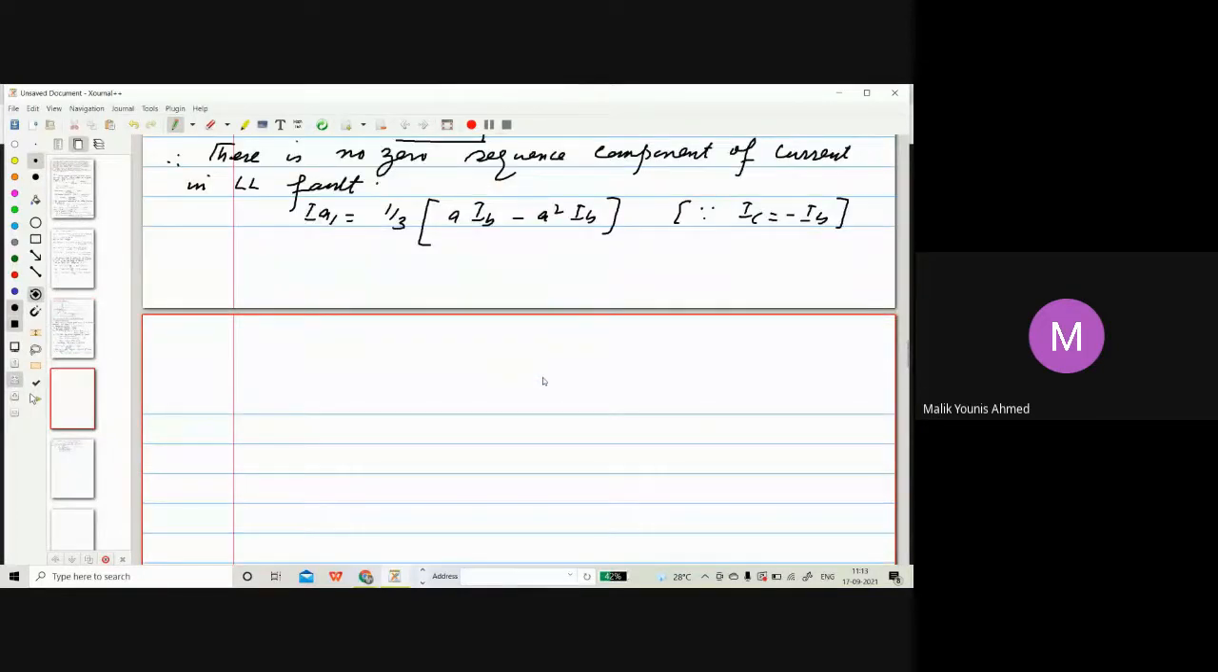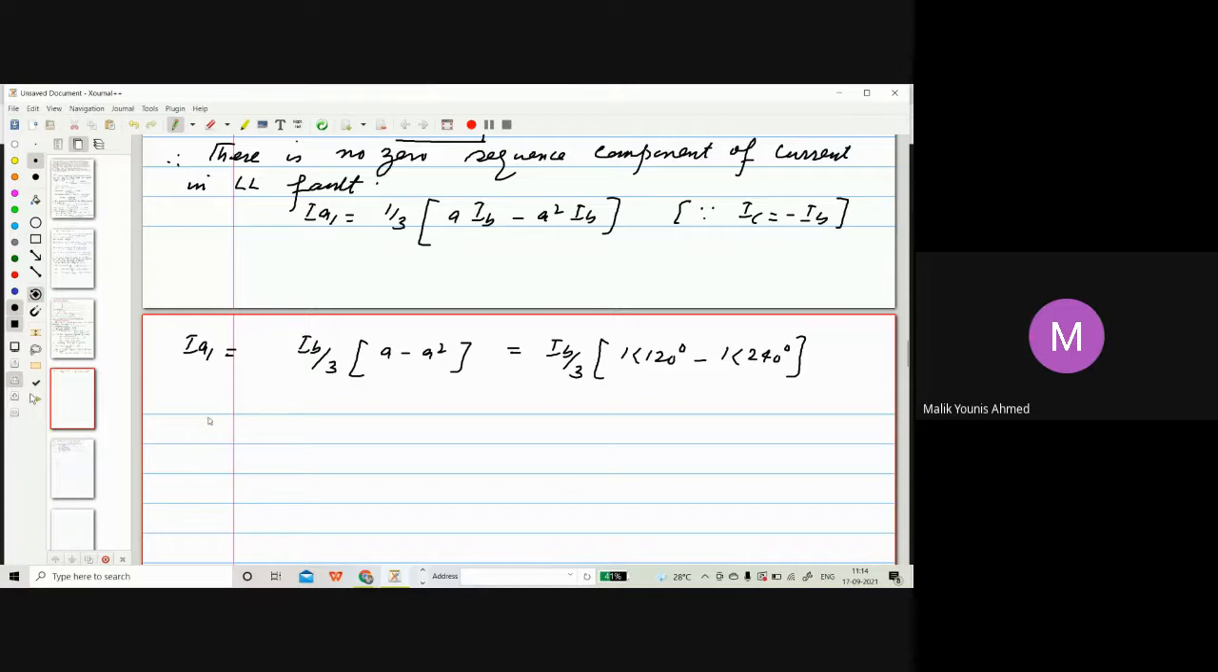Now further, IA1 can be written as, taking IB common, IB by 3 (A minus A square). If I substitute the value of A minus A square, IB by 3, A is 1 at an angle of 120 degrees minus 1 at an angle of 240 degrees, or you can use the rectangular values, minus 0.5. Just now we have seen that value. We can substitute those values. So if you solve this,